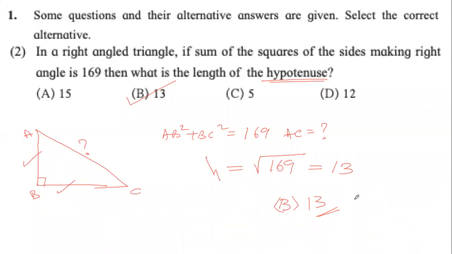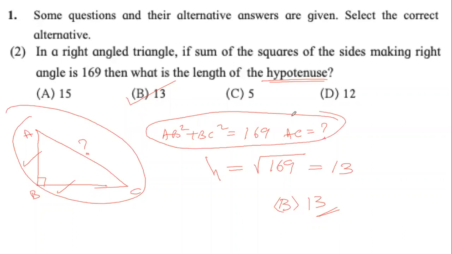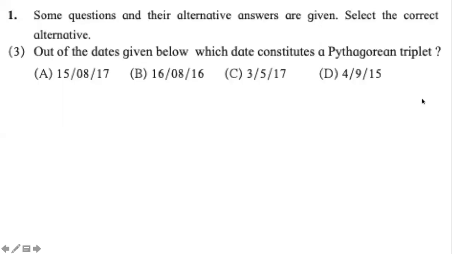So what is required in the answer and what is not required? This diagram is not required. This explanation is not required. You can answer this question with just one line. This line is enough. And within the brackets, if you write Pythagoras theorem, very good. If you don't write, that is also fine. But this line is required. This much is enough. Moving to the next question.